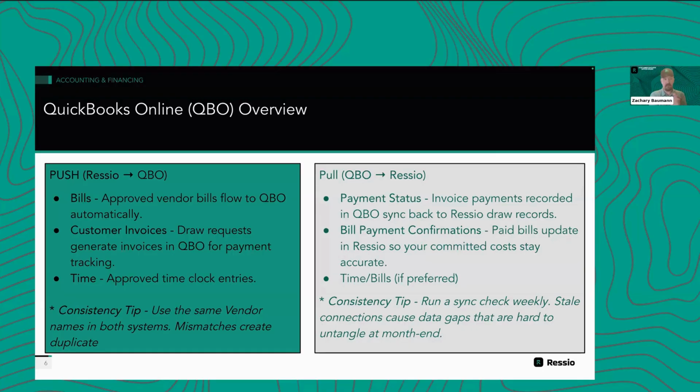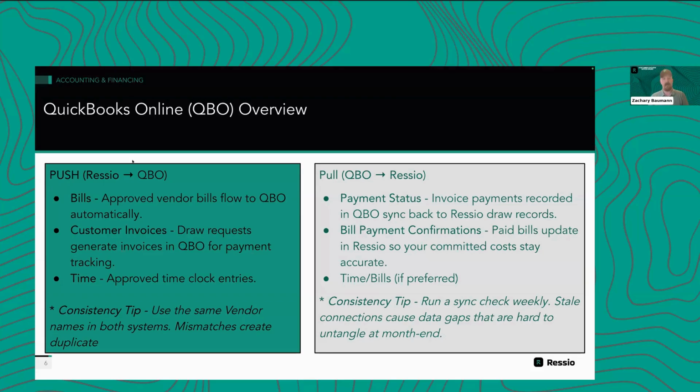And then your time as well. Any time that you track and enter into Ressio can also be pushed over to QuickBooks on approval. And those are all optional. You can turn those off if you don't want to push those over on approval. So you could say, I want to push my bills and my invoices over, but I want to keep my time just in Ressio, in the Ressio budget. That information can still be pushed to the budget without being pushed to QuickBooks. This is where Ressio really acts as a standalone system in that we don't require QuickBooks to get all this value. It's just an integration that allows for higher level reporting and accountancy and things like that.